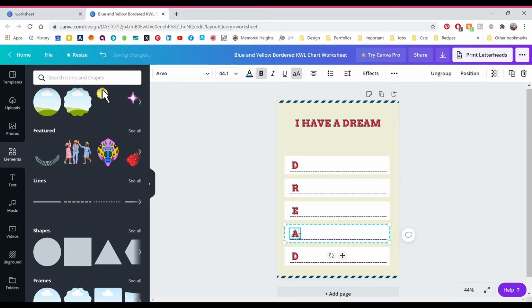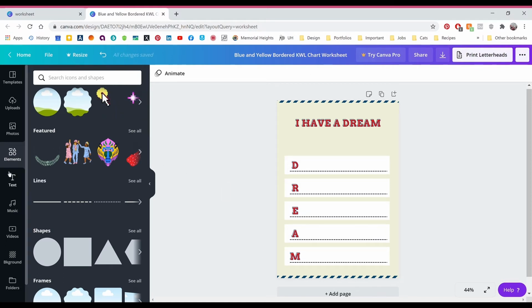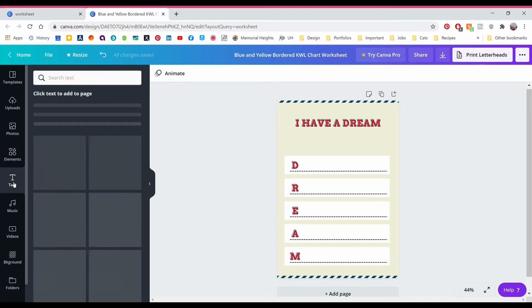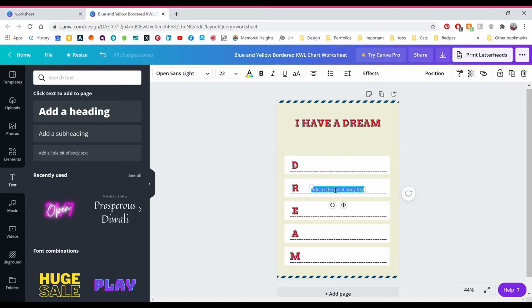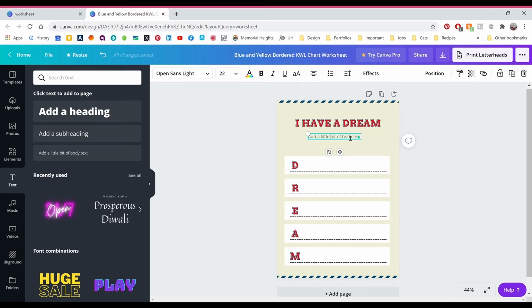Now we can add a description of our worksheet to the top. And let's also add a picture of Martin Luther King Jr. You can add a text box by going to the Text tab on the left side, and we have 3 options for new text. We'll select the smallest, and I'm going to copy and paste in my description that reads,